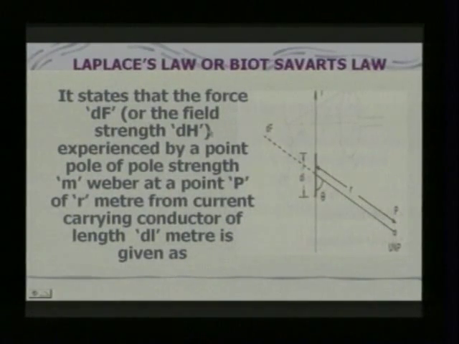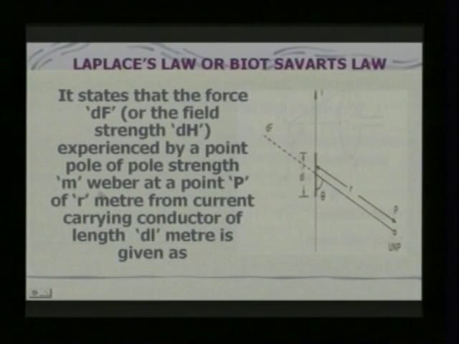Now, we will see the other law, that is Laplace's law or Biot-Savart's law, to find the field strength of a differential length dl at a distance of r meters at a point P. It states that the force dF or the field strength dH experienced by a point pole of pole strength m Weber at a point P of r meter distance from a current carrying conductor of length dl meter is given as